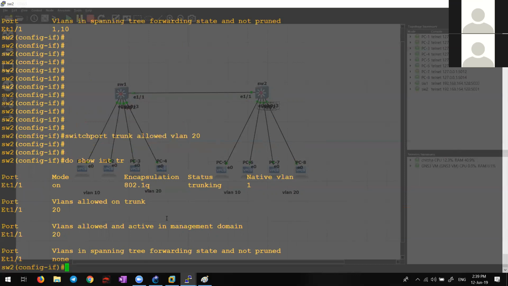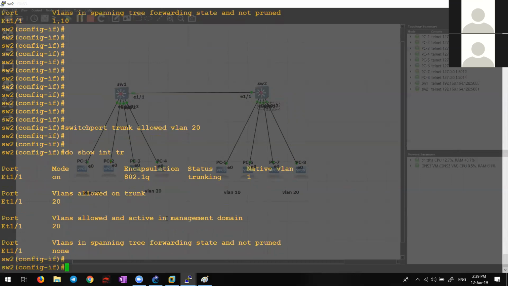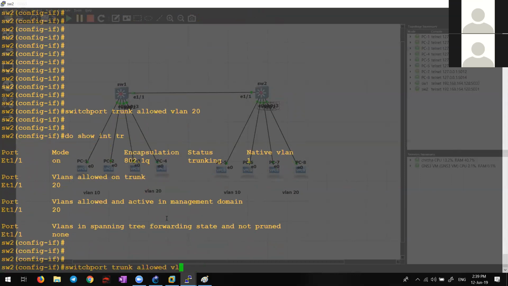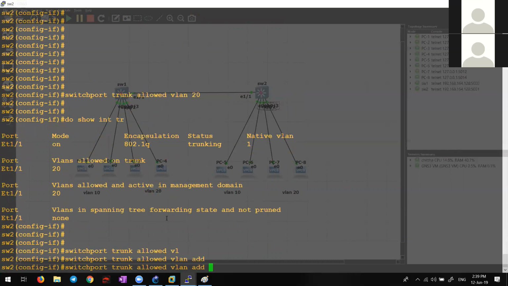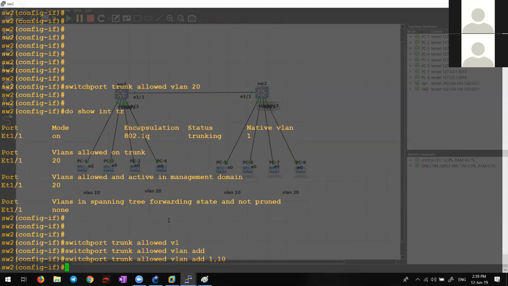You wanted VLAN 1, 10 and 20. So now again I want to allow VLAN 1 and 10. If I type only VLAN 1 and 10, 20 will be gone. So what is the solution for this? You have to give switchport trunk allowed vlan add 1,10. If you want to remove only one particular VLAN, switchport trunk allowed vlan remove, whichever VLAN you want to remove, only that particular one. If you simply give switchport trunk allowed vlan, all the other VLANs are gone, communication is down, the network is down, and your job may be at stake, right? All these things can happen.